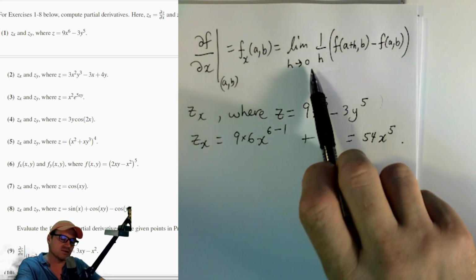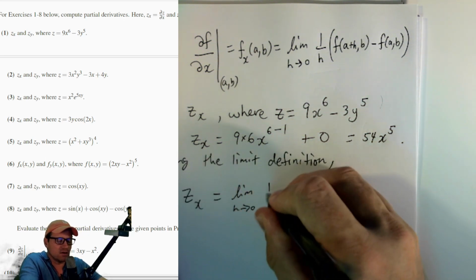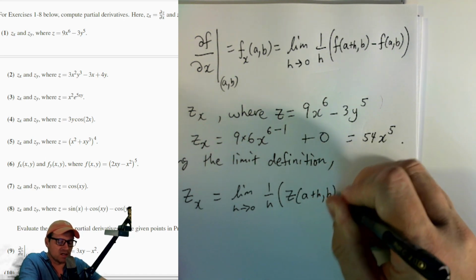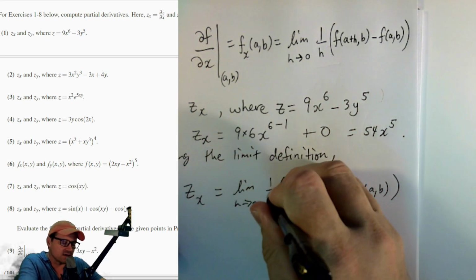Okay, so now let's use the limit definition. So we have the limit as h goes to 0, 1 over h, z of (a plus h, comma b) minus z of (a comma b). Okay, so simplifying this,